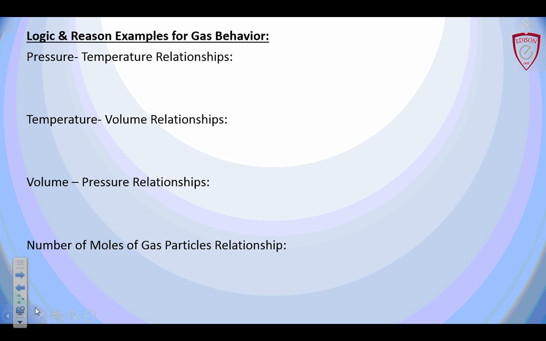So, pressure-temperature relationships. I don't see volume, so volume has got to be held constant. Let's think of something with a constant volume: an aerosol can. That's why you don't throw it in the fire. If I heat it up, the temperature inside is going to go crazy, and the pressure eventually is going to pop it. It's like taking a balloon and tossing it in the freezer. It's going to get smaller, because the particles inside are going to move slower and not create as many collisions and as much pressure. And the volume as a result is going to go down.